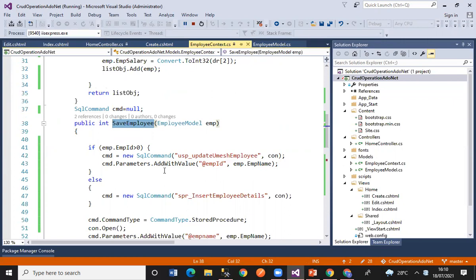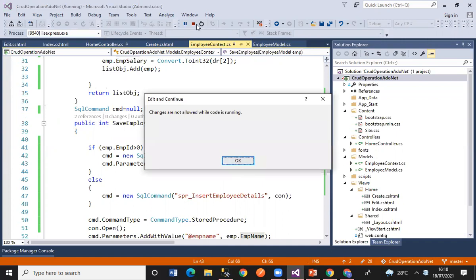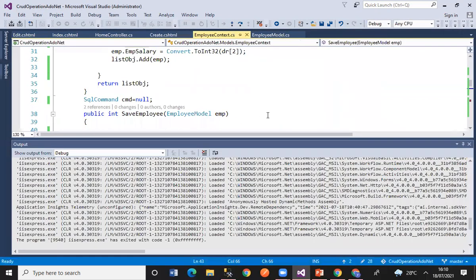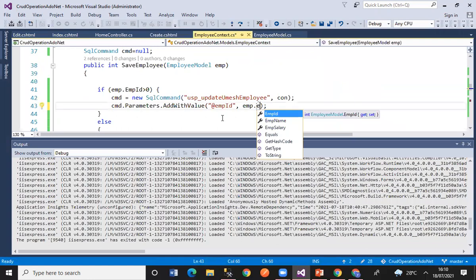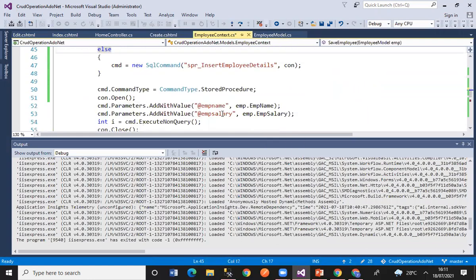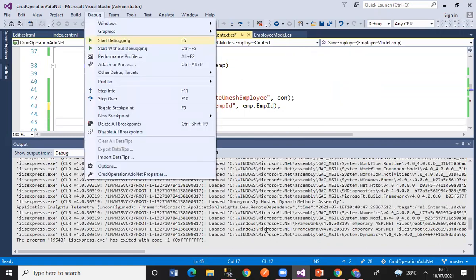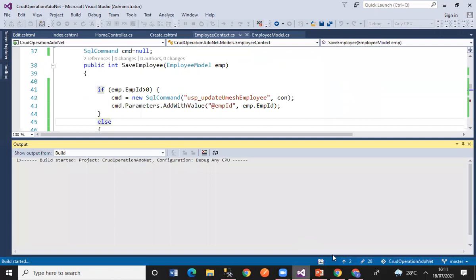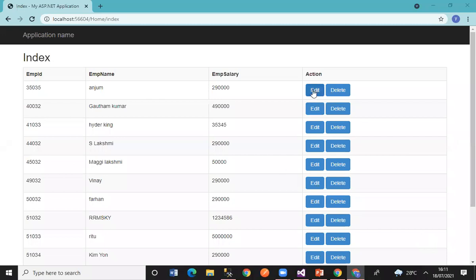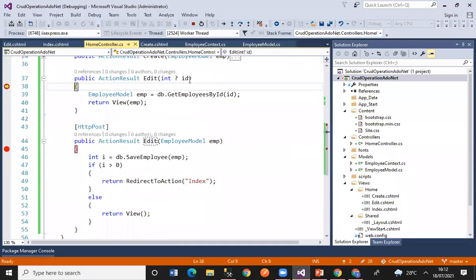So it will come here, and here, sorry, we need to change EMP ID. Let me pull back here. Let me take it here, EMP ID. Okay, fine, that's great. So let me execute this once again. Now if you see this, when I click on edit here, let me come here, and in this particular ID, you're passing the ID, and you press F11.